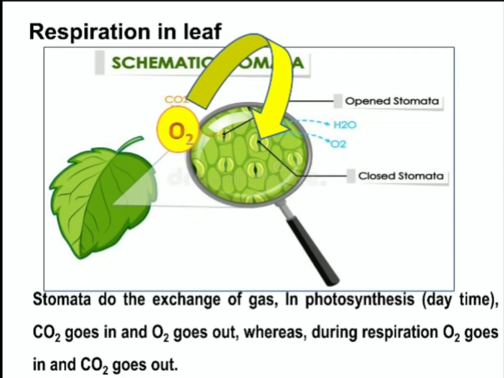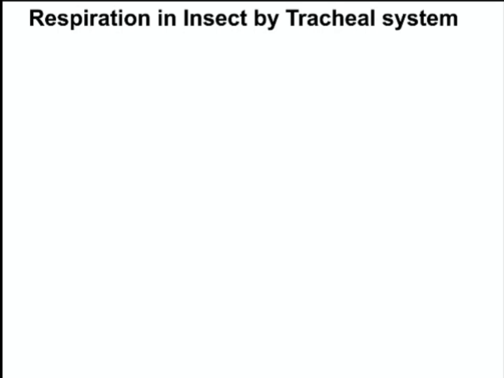So stomata take in oxygen during the day as well as during the night. But photosynthesis happens in the daytime only, and during that time a greater amount of CO2 will be taken up by the plant as compared to oxygen. This is what I mean to say in this particular slide. So this is about respiration in the leaf. The plant does respiration in root, stem and leaf. These are the three parts, so individual parts do the respiration.